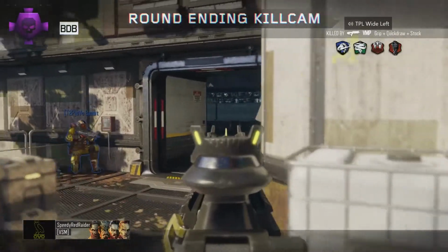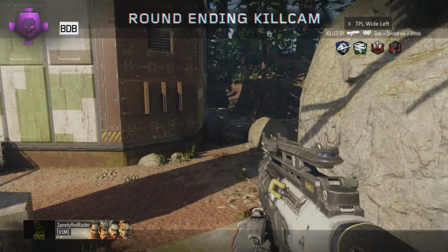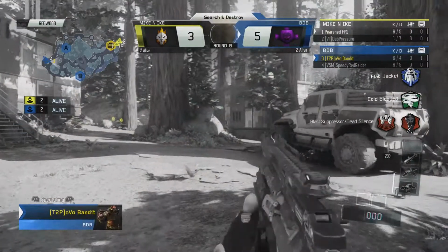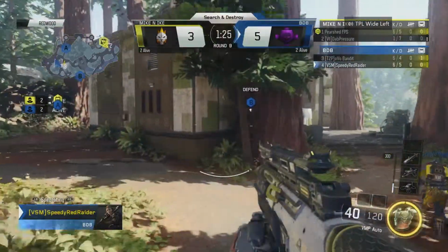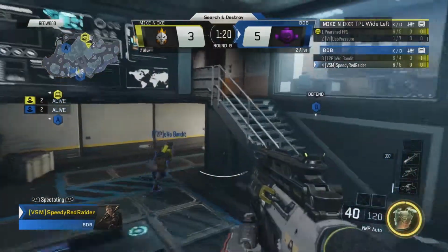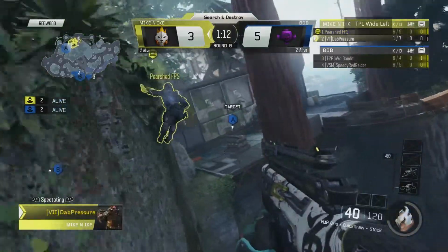And one thing to take note, we'll have to wait till after the kill cam, but Speeder Raider may have his kinetic for possibly this last round. Switching sides. Let's see. We do see that AAWL Bandit has his heat wave, and Speeder Raider does have his kinetic, so a heat wave and kinetic for the side of BDB. They are on defense, so they do have to play to the will of Mike and Ike, who have decided to go towards this A bomb, but with those two specialists, and actually Persh has his camo,